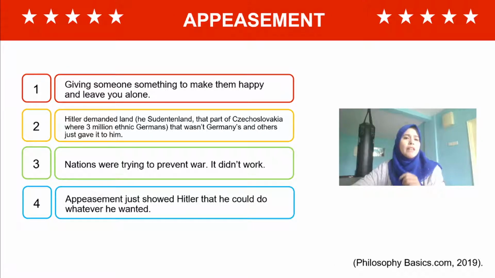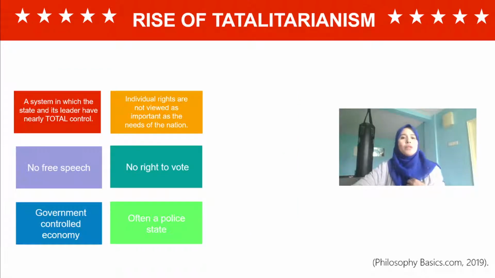So appeasement: giving someone something to make them happy. Hitler demanded land, as a part of Czechoslovakia, because there were 3 million ethnic Germans there. So they gave the land because they did not want war. But Hitler felt that he was strong because he got what he wanted. So due to that, it started the rise of totalitarianism, typo there,